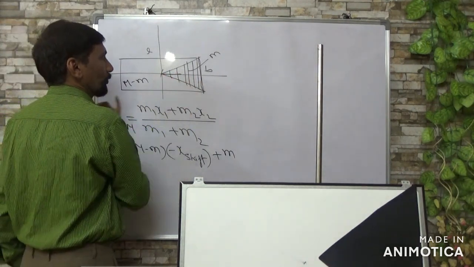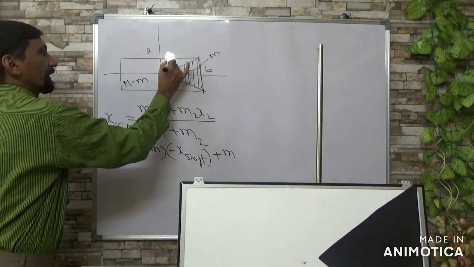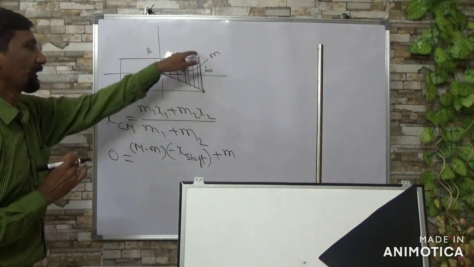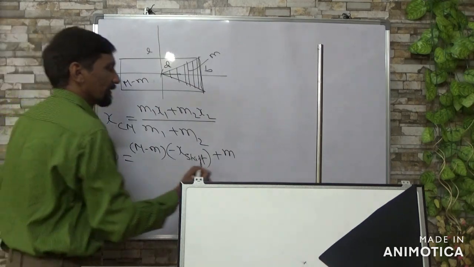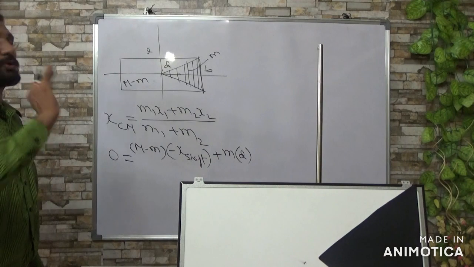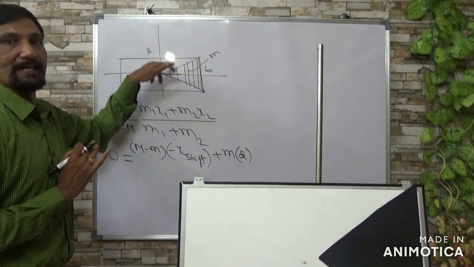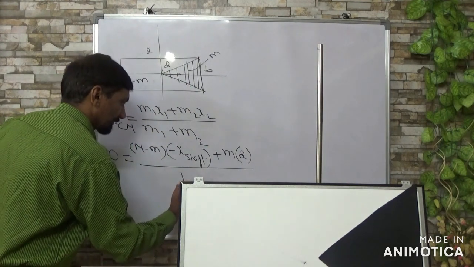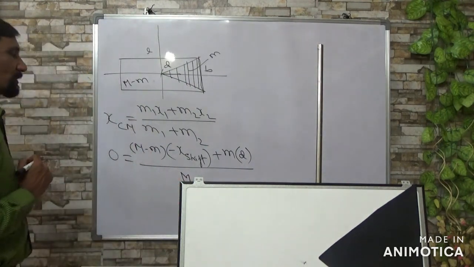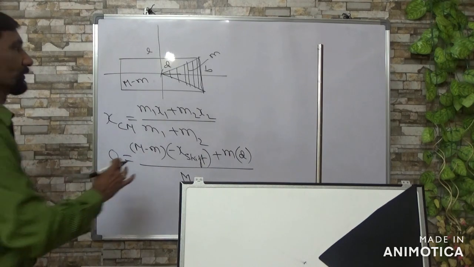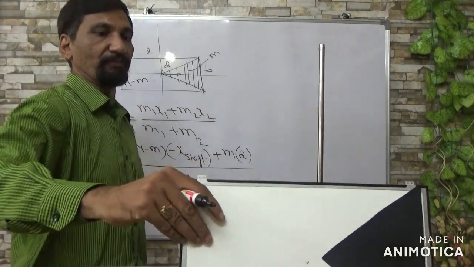So center to center, say D. This is the distance to the center of the triangular plate. So remember, D is the distance from the center of the body to the center of the cut mass, divided by the total mass, say capital M. Then M into 0 is taken as 0. Then X shift.